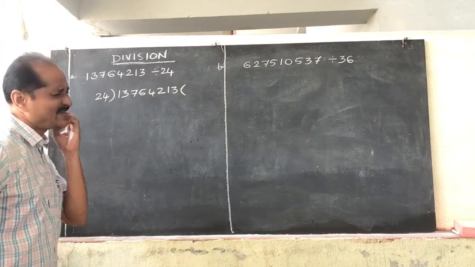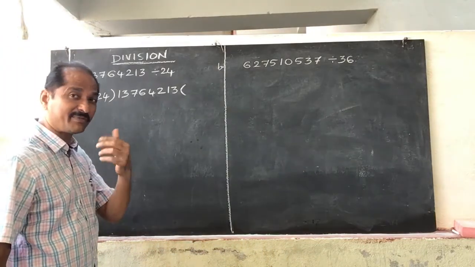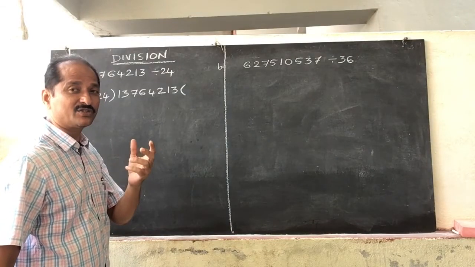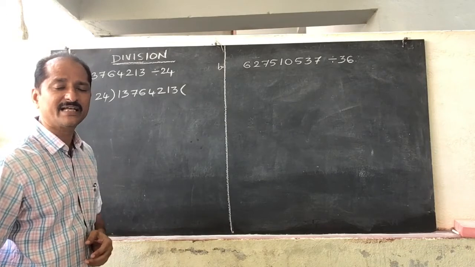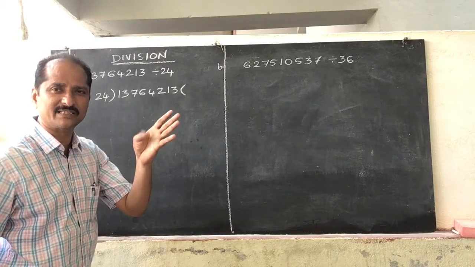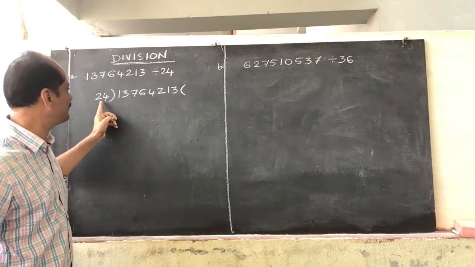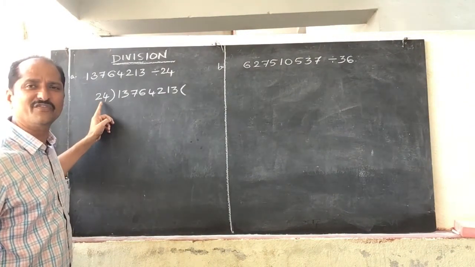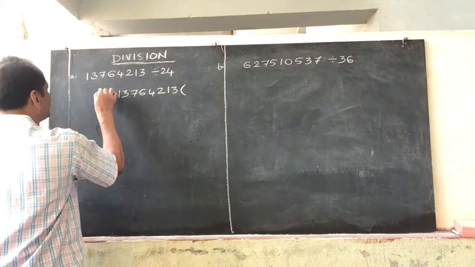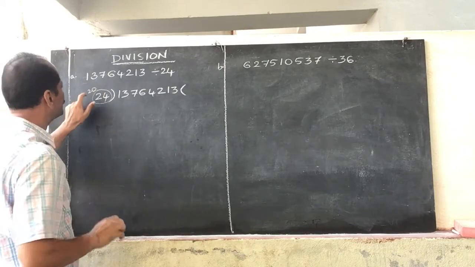So we should round off this number to the nearest tens place. Rounding off numbers we have learned already. So 24, round off 24 to the nearest tens place. We should see next lower than tens place. Next lower than tens place is ones place. Digit in ones place is 4. 4 is less than 5, so write the before number as it is, 2 and 0, 20. So 24 should be rounded to 20. So for example, keep it in your mind, this is 20. That means 20 means 2.